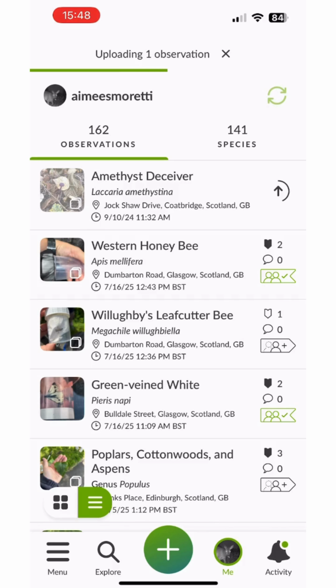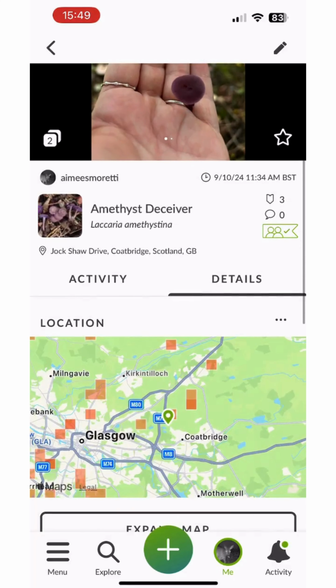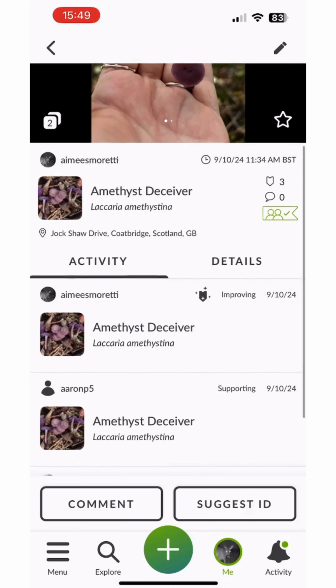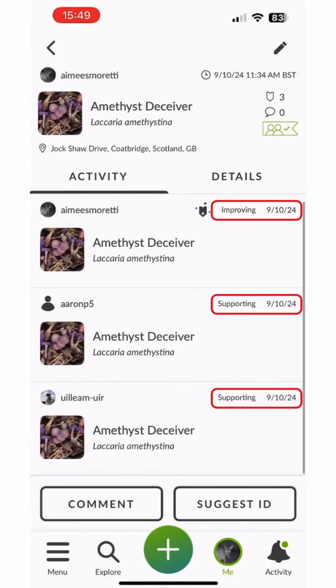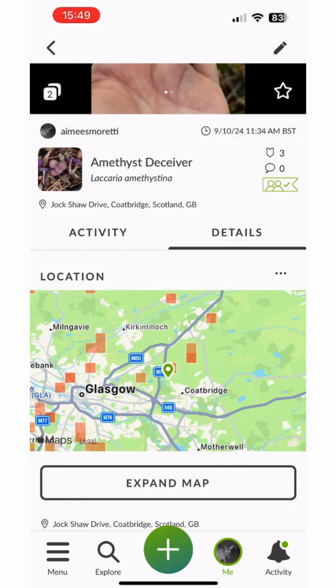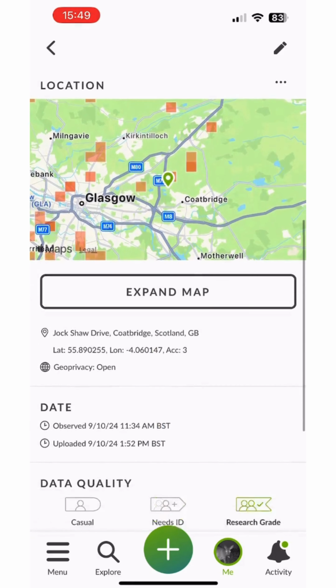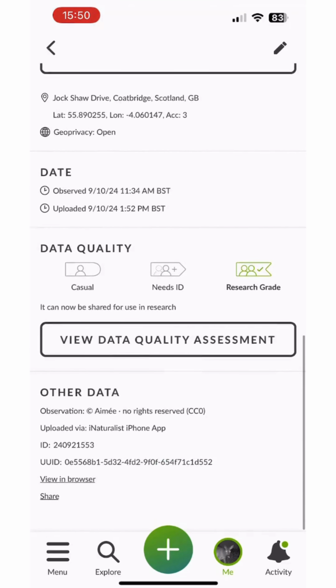If you want to check the progress of your observations, you can select the observation you want to view, select the Activity tab, and see what other iNaturalist users thought of your identification. Supporting means that they have agreed with your initial observation, and improving means that a user has suggested a different identification. Once 2 or more users have supported your observation, it then becomes research grade,